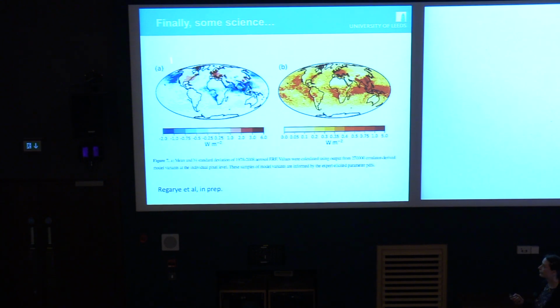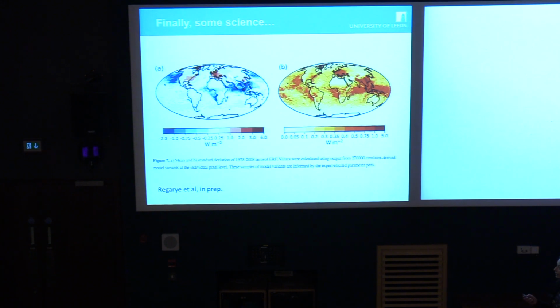So here what we've done is we've calculated the radiative forcing for the time period from 1978 to 2008. So it's a bit different from the forcing that you might be used to, where you're going from pre-industrial to present day. So this is like a modern day forcing. You can see that things have got warmer in Europe and cooler here due to the emission reductions that have taken place in Europe due to air quality concerns. But then you've had a lot of emissions over here in China, which has led to a cooling over that